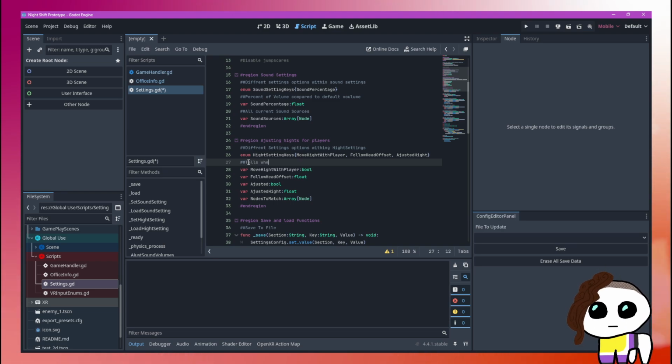Tells through to move stuff as player height with player head